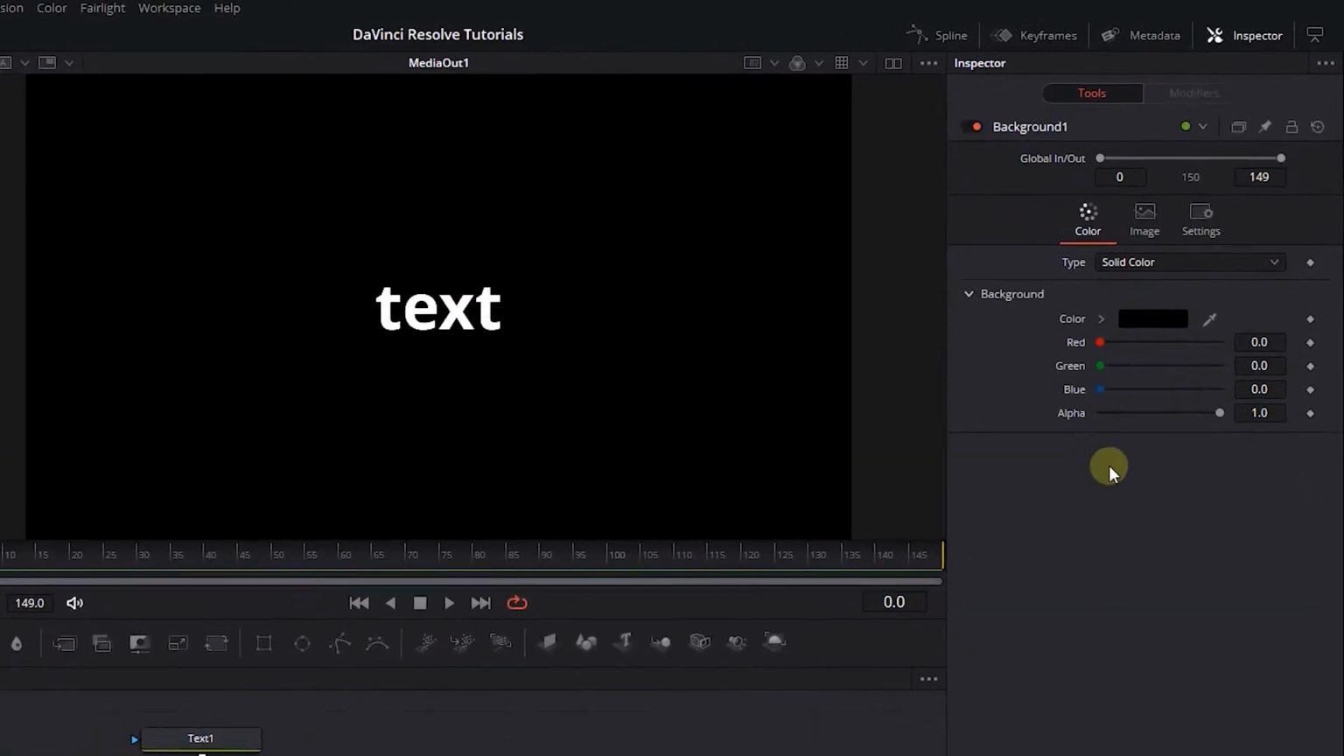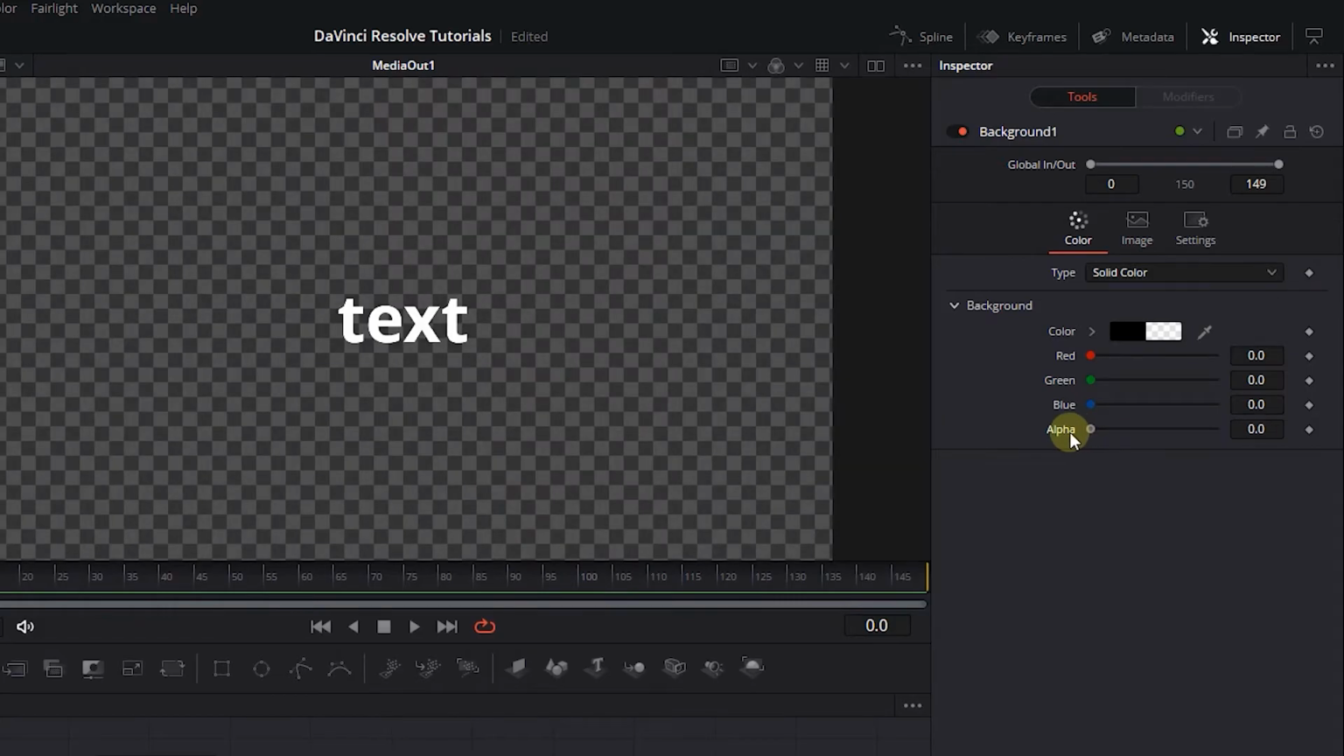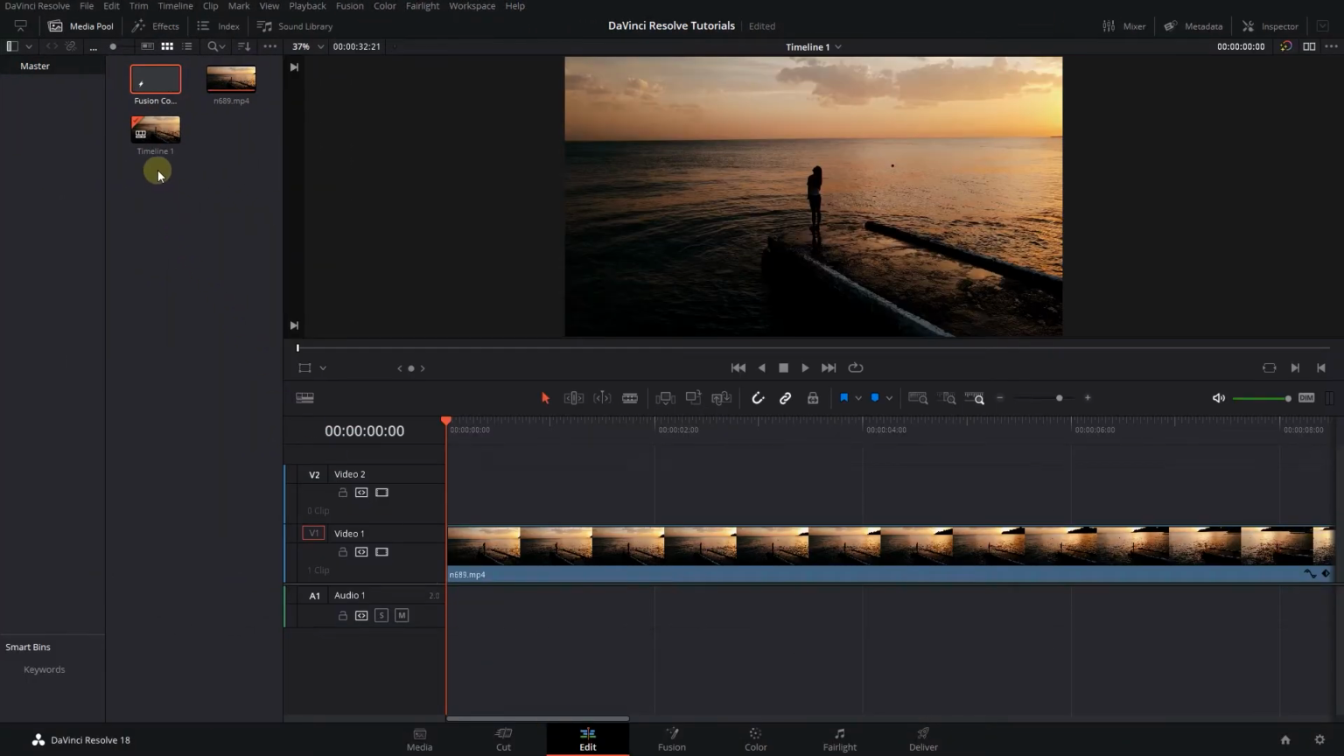Select the background node and decrease alpha to 0. Now if I go back to the edit page and drag the composition into the timeline, you can see that the